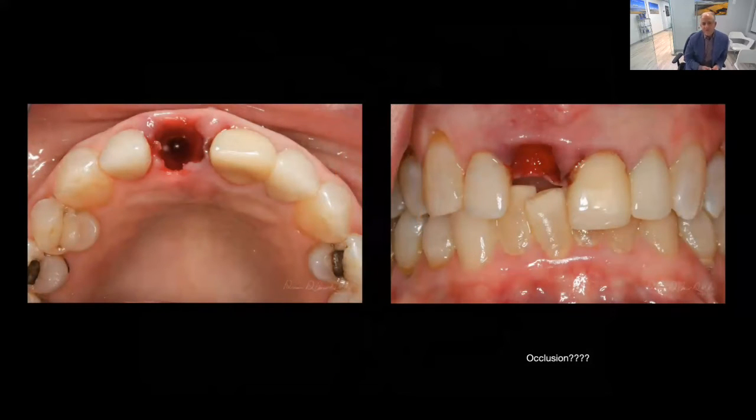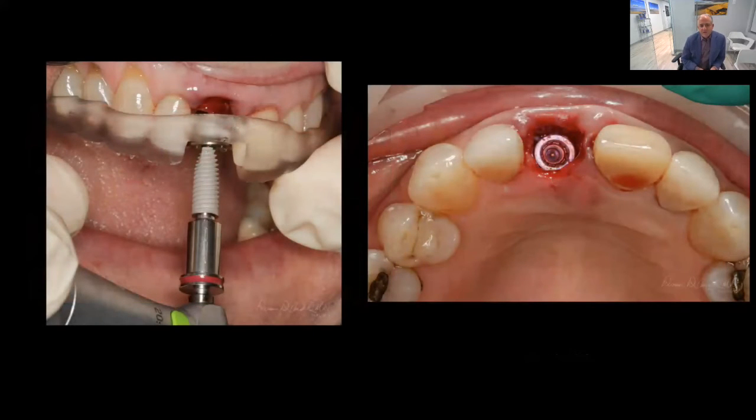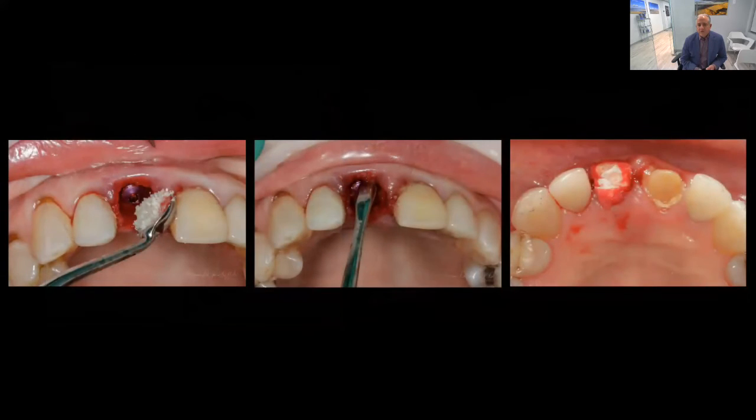So here's Sheila at the day of extraction. Try to do that as atraumatically as possible. Place my implant fully guided, and here's what my implant looks like in place. And I know that I have some buccal space there that needs to be filled with a bone graft. So in this case, it's just an allograft, and I'll just slowly pack it there